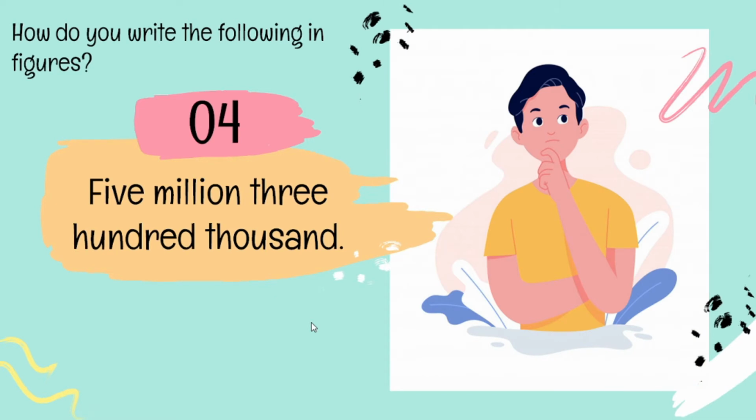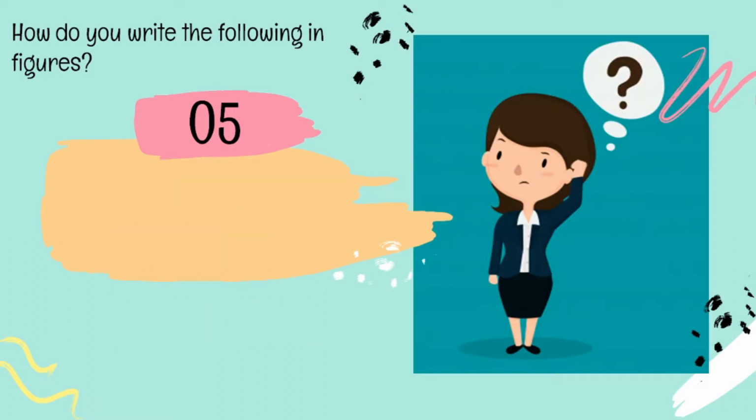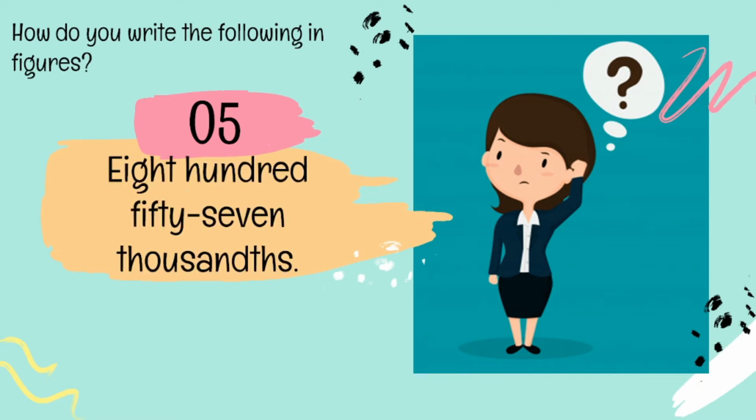5,300,000. So meron tayong 5 million and then 300,000 sa ating figure. Sobrang dali nito, parang recall lang to sa inyo kung paano natin isulat yung numbers or yung words into figures. Next is the last one,